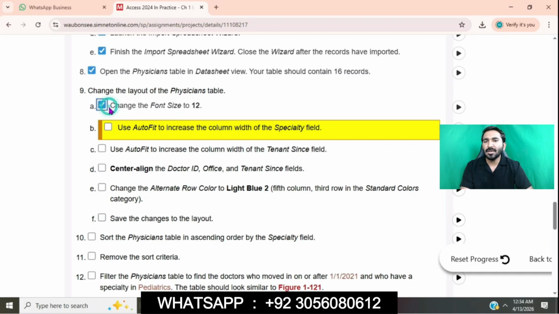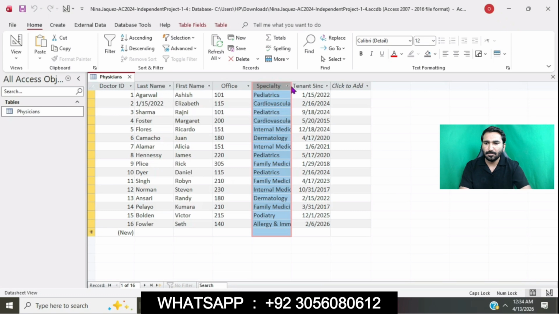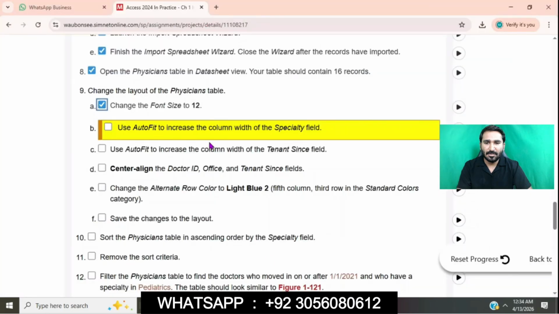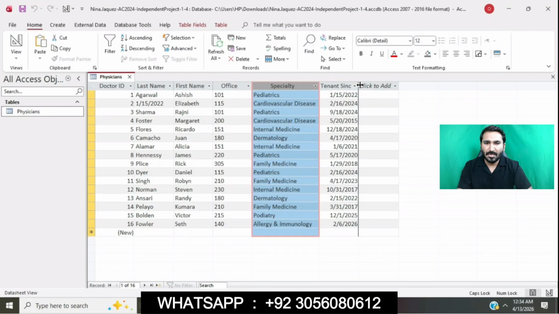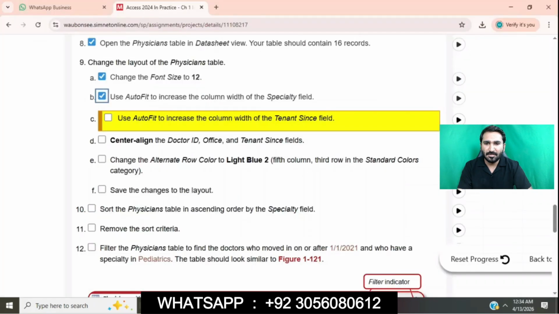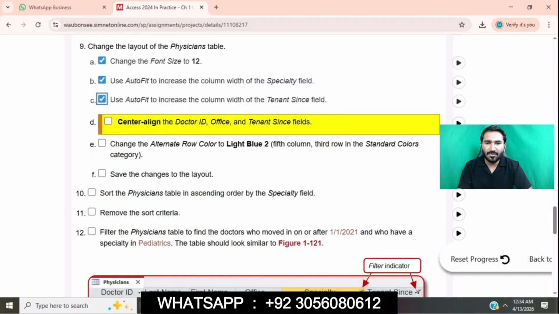So point B is that automatically increase the column width of specialty field. So point C is that use autofit to increase the column width of tenure field. Autofit column increase.